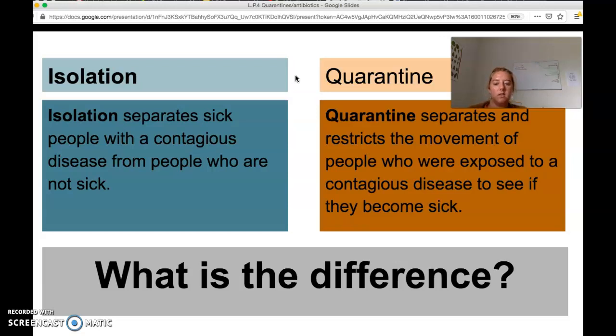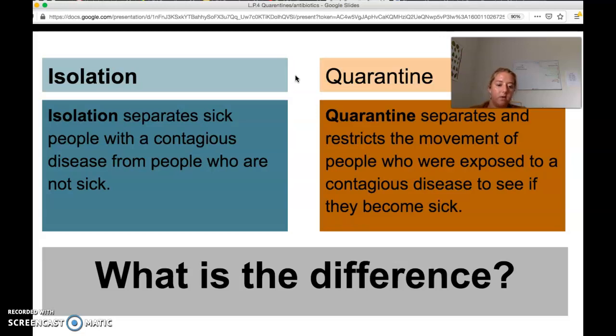So in this case, this would be like if you've ever seen the hospitals with the isolation rooms, like the plastic walls. Nobody can go in there without gloves or protective stuff, so they're not taking in anything or getting hurt themselves or getting infected themselves. So that's separating the sick person from those who are not sick,